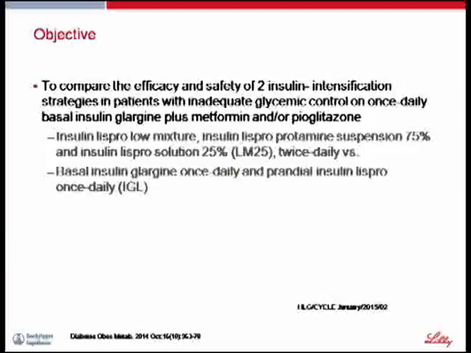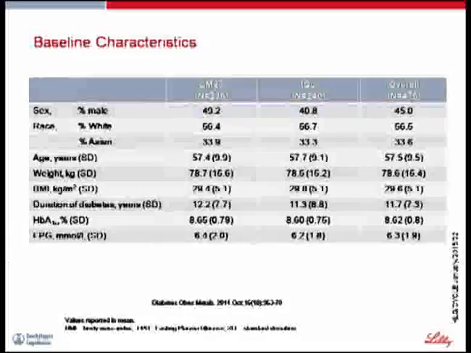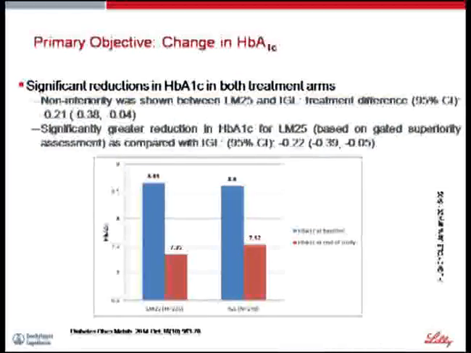So there are 2 arms. Here we have twice daily premixed insulin. Here, once daily basal glargine plus 1 prandial insulin, probably given in the morning, which has the highest excursion. The baseline characteristics of both the groups are the same, and as you can see,